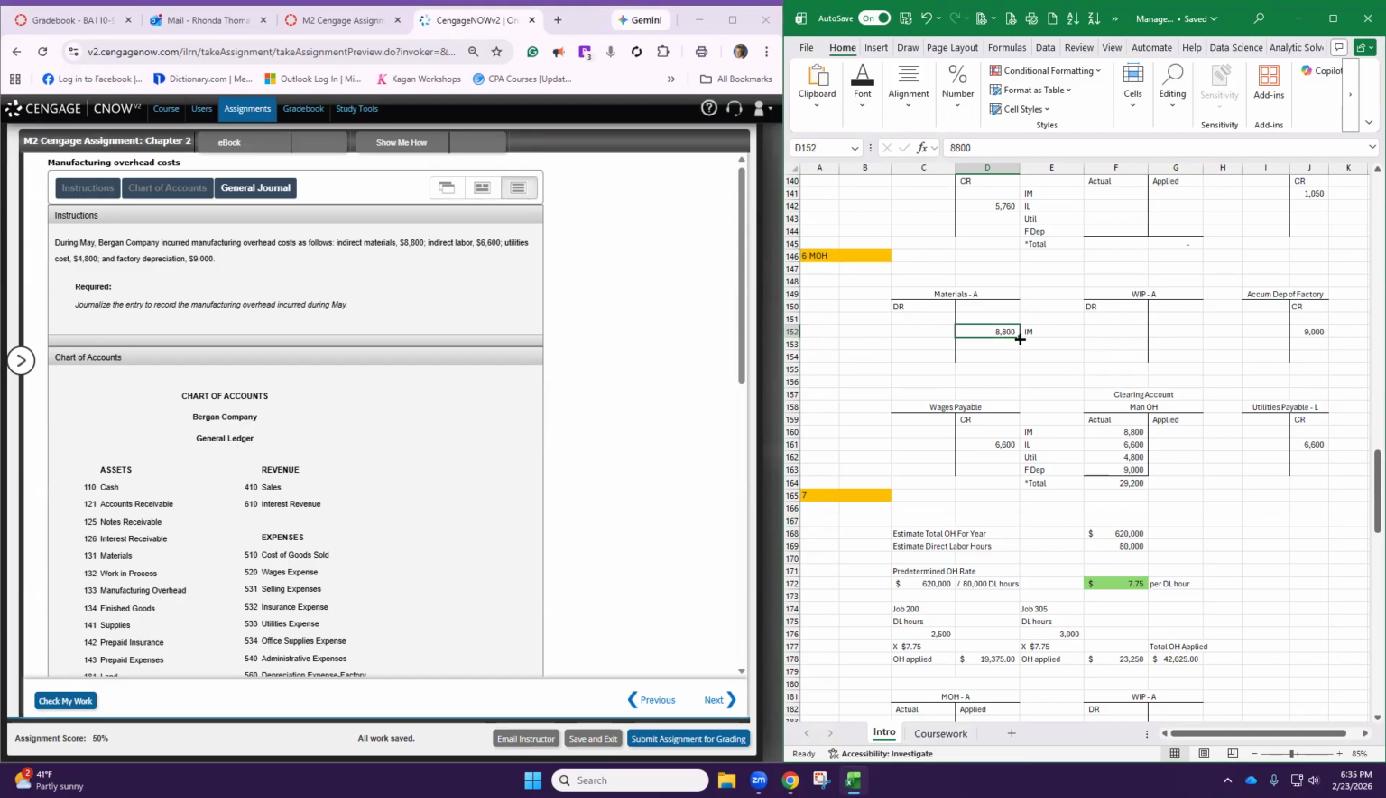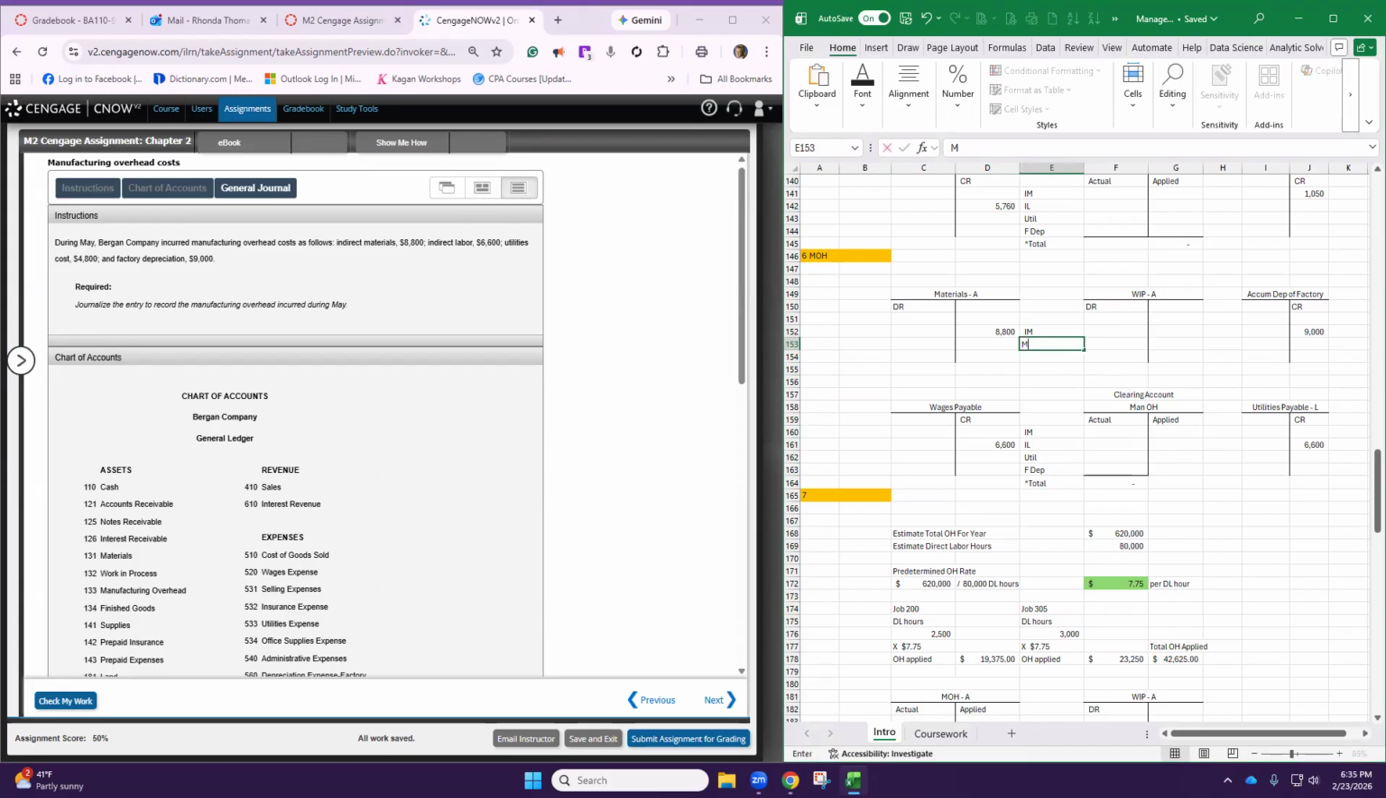So we got 8,800 for indirect materials, 6,600 for indirect labor. Okay, so you don't put them in here. Okay, this is just bypassing this manufacturing overhead account. We're not quite ready to use it yet. So once again, here's the amount that we'll credit for indirect labor. Okay, and then accumulated depreciation is 9,000 and utilities payable is 6,600. If you add up these 4 credits, you'll find